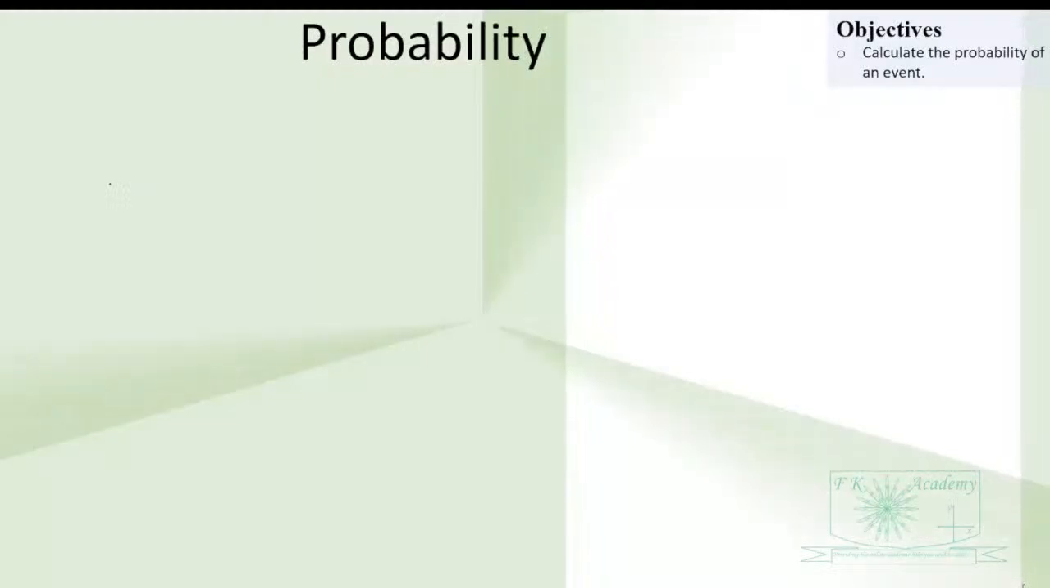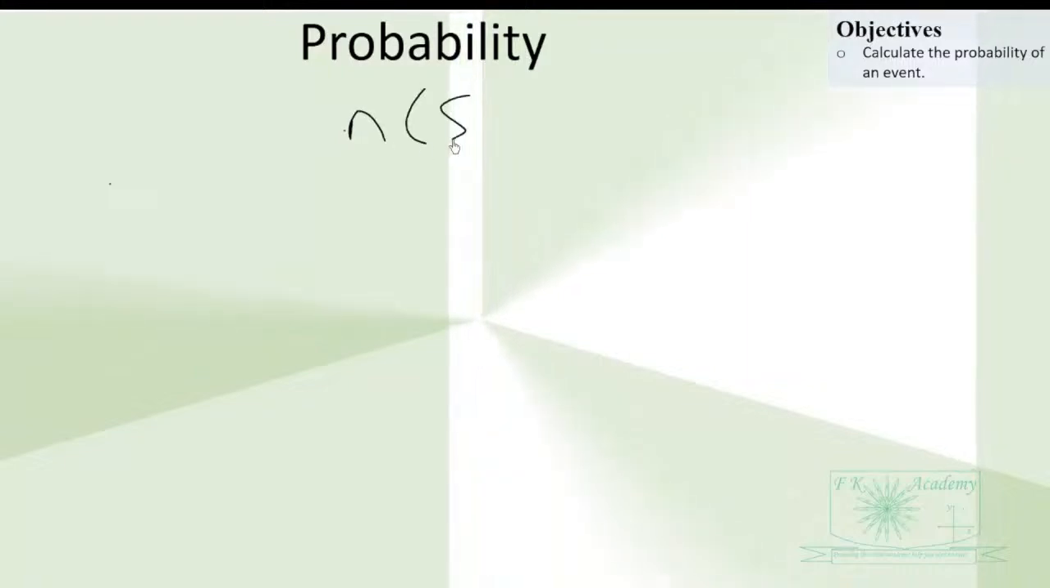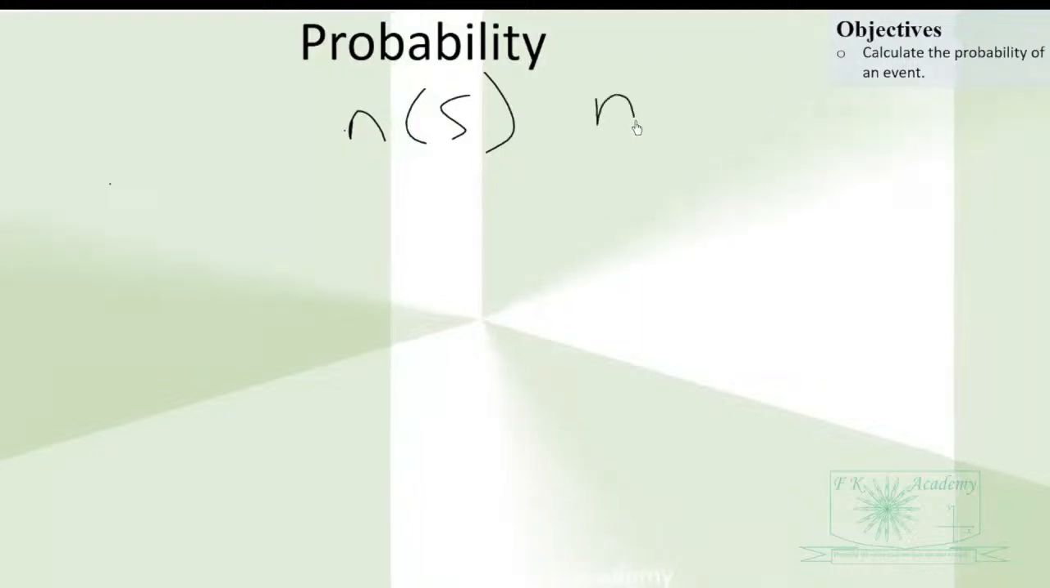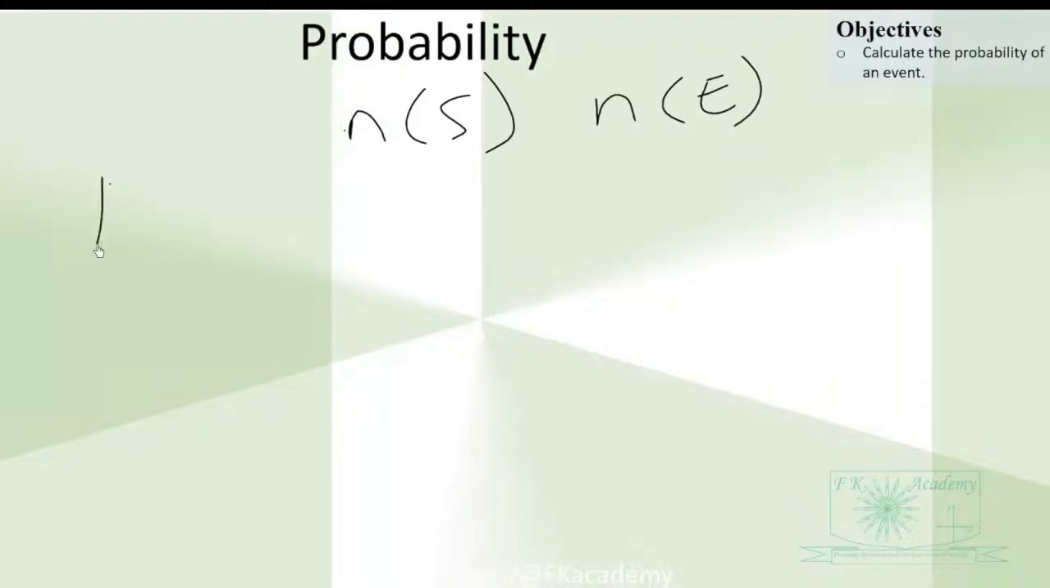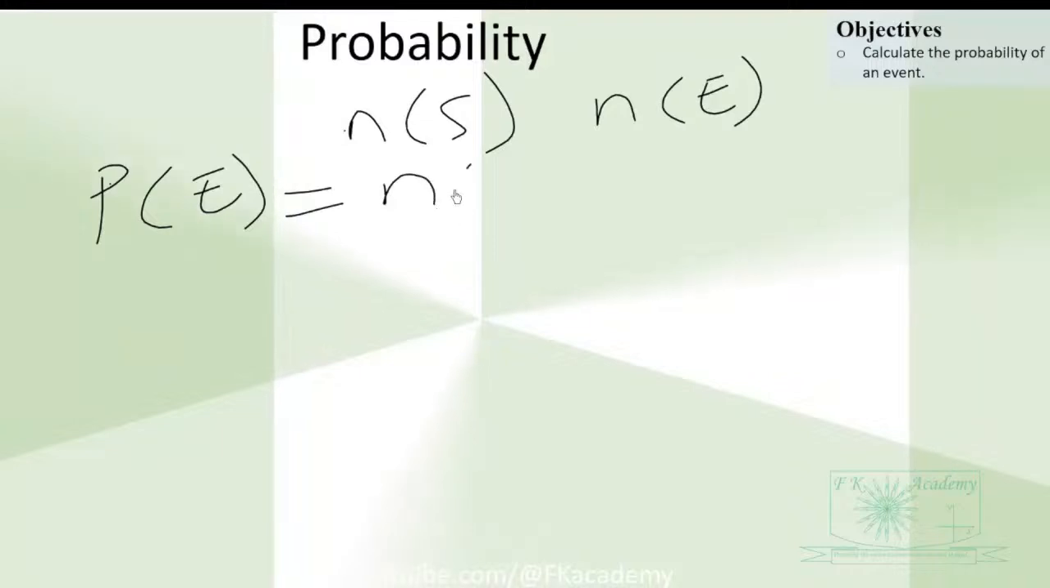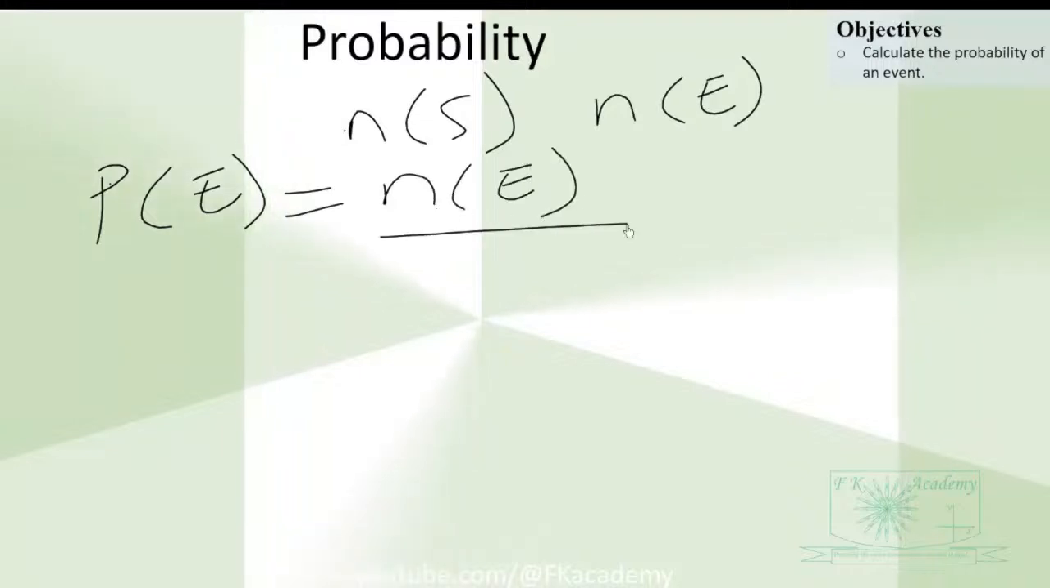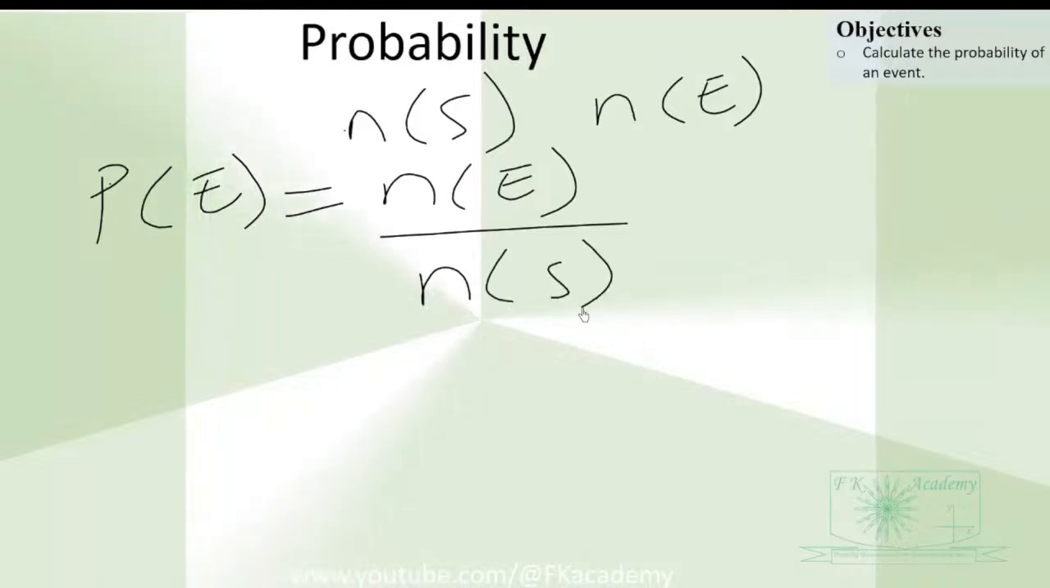Probability. Our objective here is to calculate the probability of an event. So let's define probability. If n(S) is the number of elements in the sample space and n(E) is the number of elements in the event, then the probability of that event is given as the number of elements in the set E over the number of elements in the sample space,